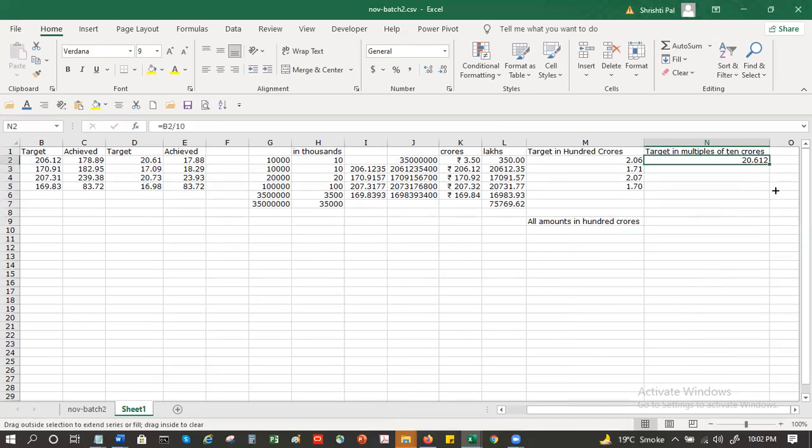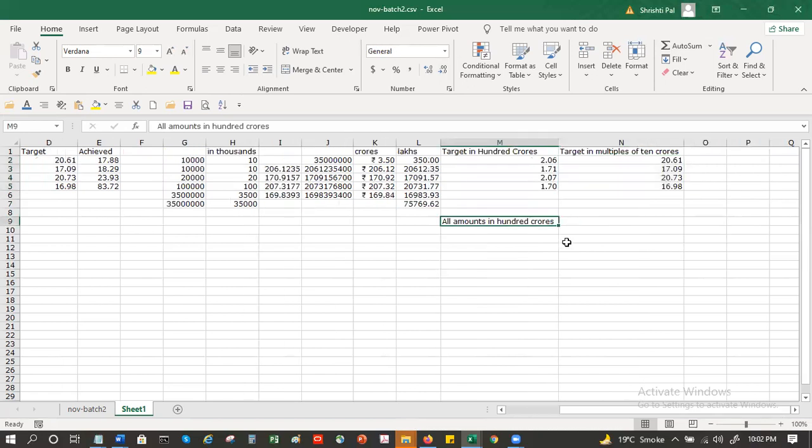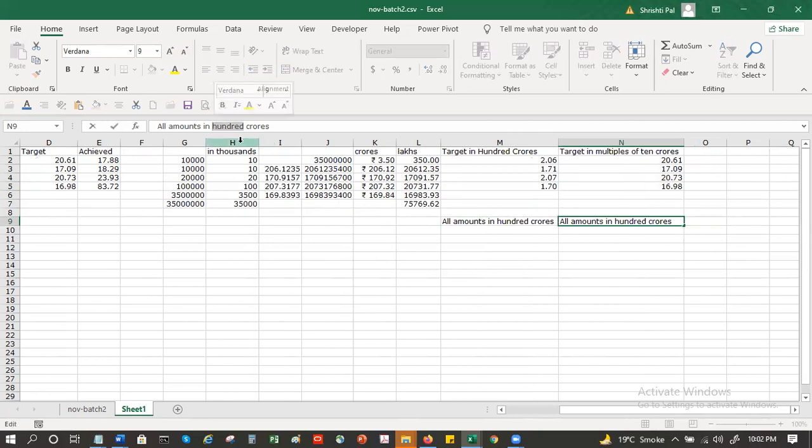So here when you do this, you get all of them and reduce the decimal. Understood. So here you're mentioning all amounts in 100 crores. You can say all amounts in 10 crores, multiples of 10. Tens of crores sounds a bit different, so you can say multiples of 10 crores.